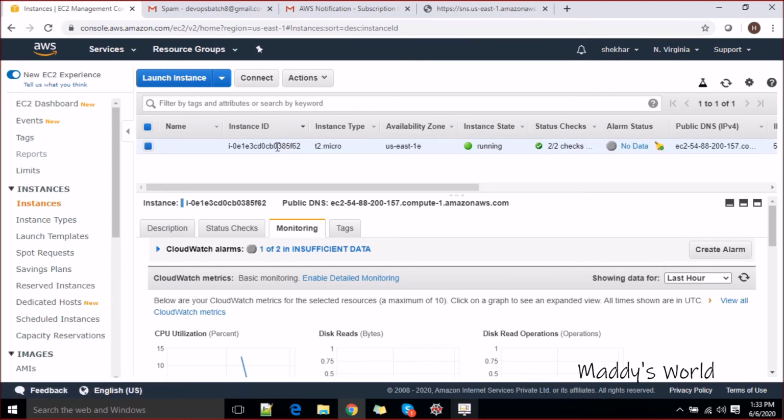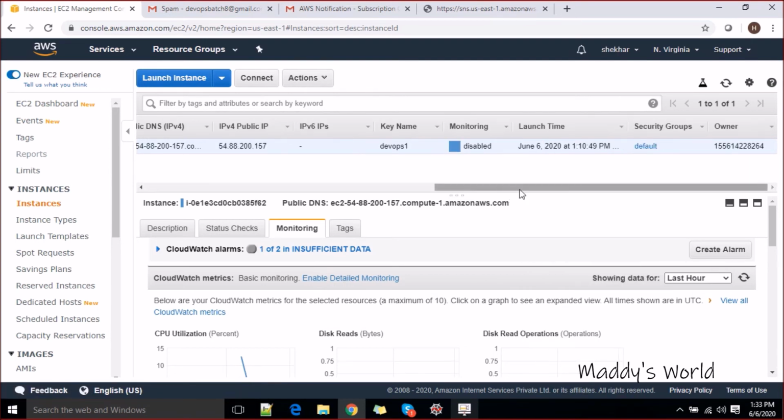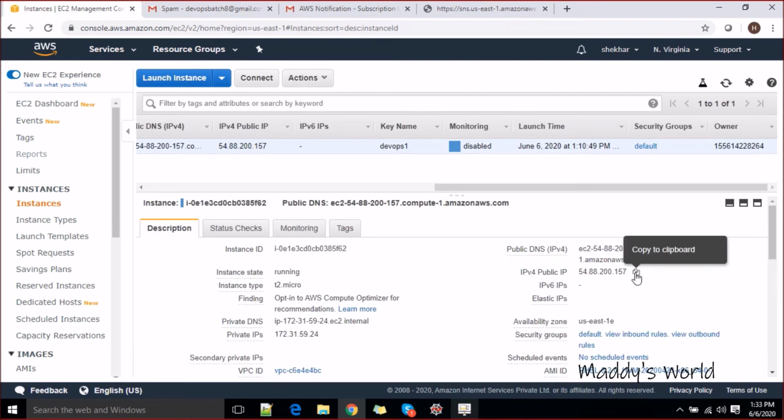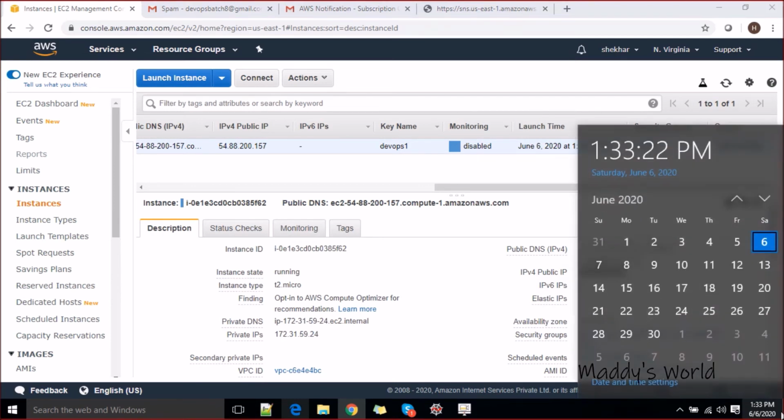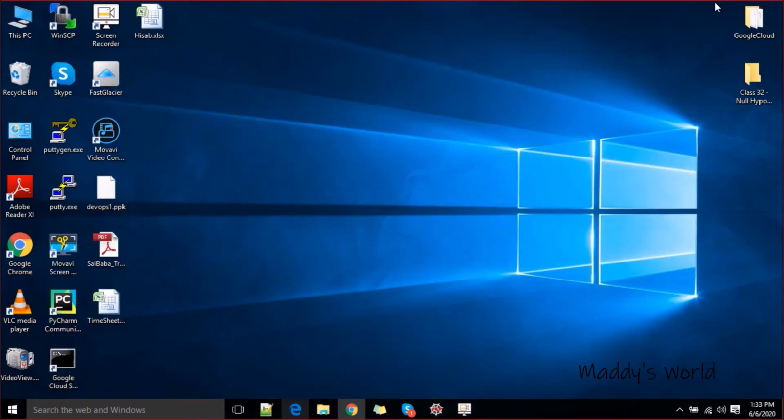So let's access this instance and increase the load for this instance. Let's go to description here, copy the URL, and here we go. Okay, let me do it from here.